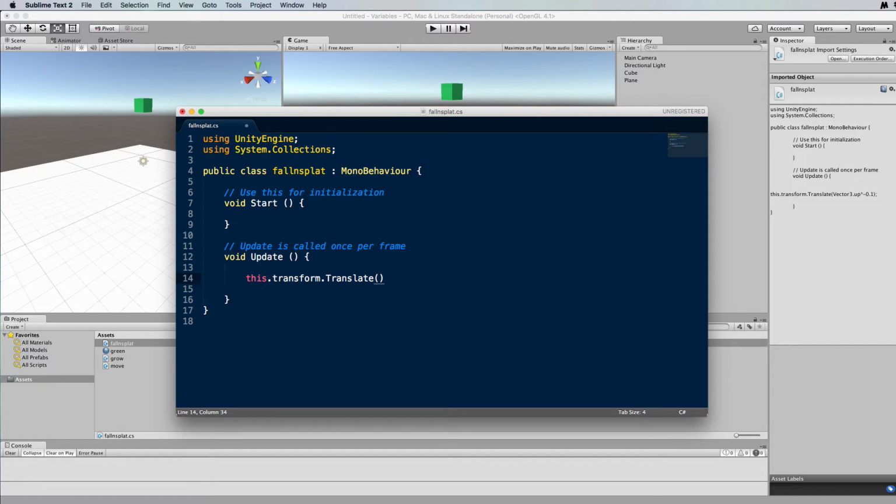But the translate function basically does the same thing, but you can work in whole vectors. So we're going to use Vector3.up, which is the vector that faces upwards along the Y-axis of the world. And we will multiply that by minus 0.1